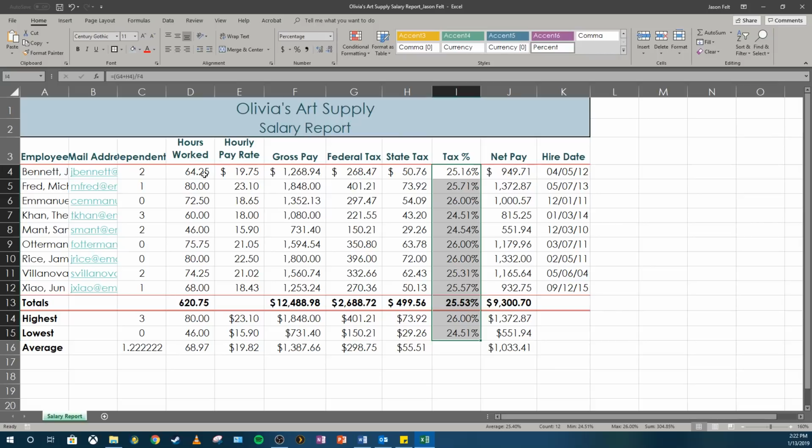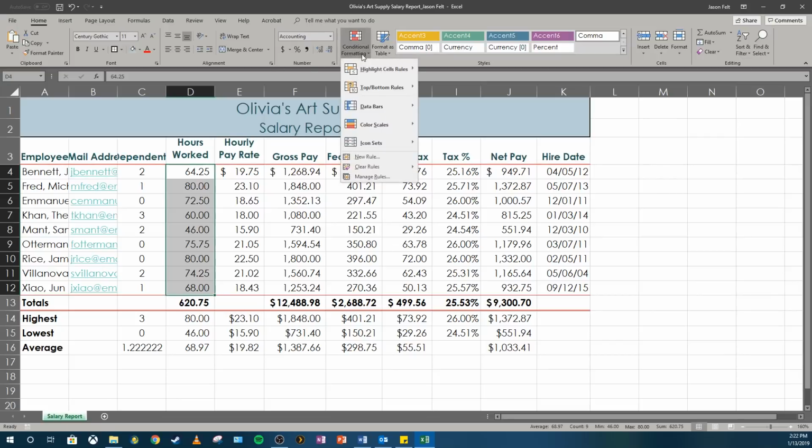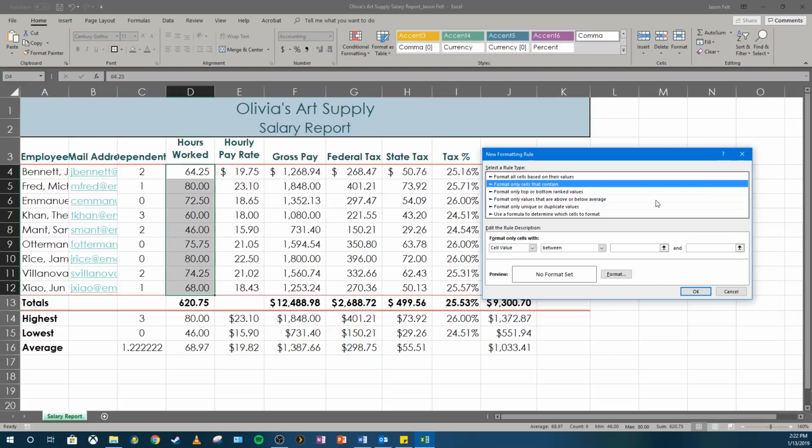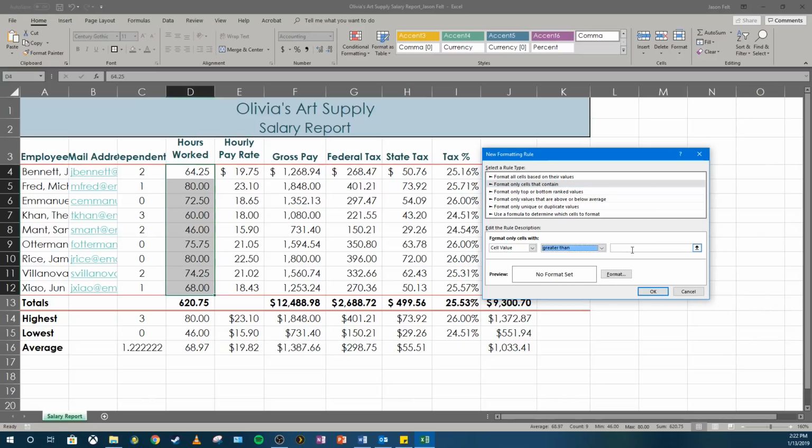Alright, so we're going to select the cell range D4 through D12. And then we're going to click on conditional formatting. Then we're going to go to new rule. And then we're going to click format only cells that contain for a rule type. And then we're going to edit this rule. So if the cell value, the value that's inside the cell, is greater than 72,